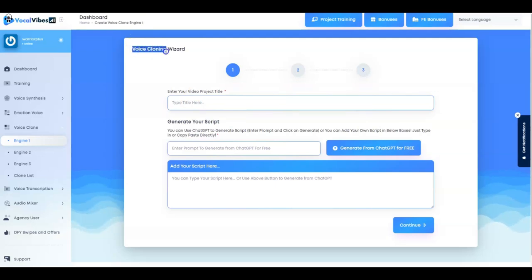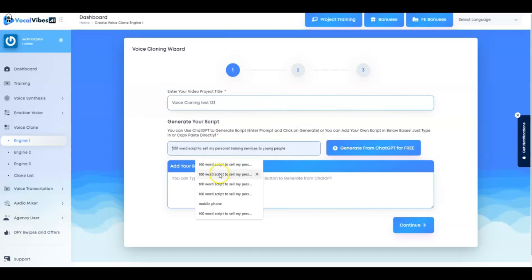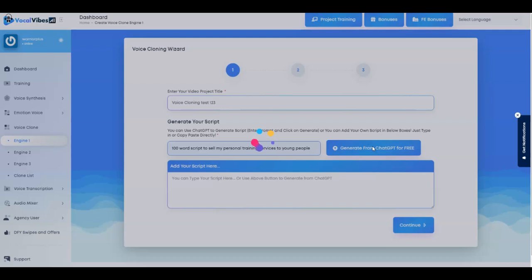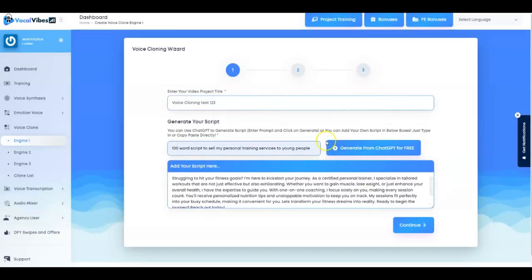So I'm just going to name this as voice cloning test 1 2 3, and again from ChatGPT 4 I'm just going to select the script, which is a 100-word script to sell my personal training services to young people. And once I'm happy with the script, I'll just add thanks on this right over here, and I'm happy with